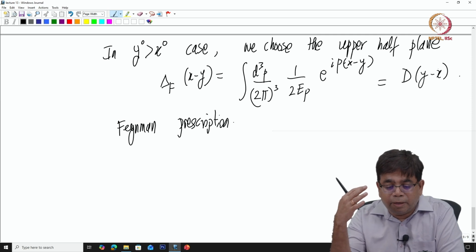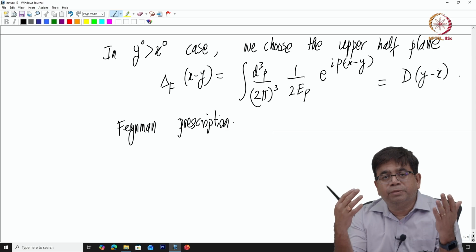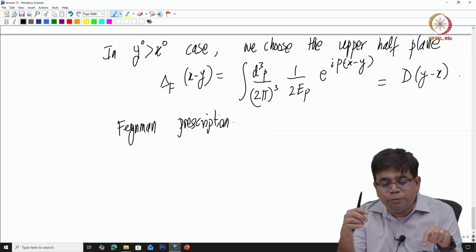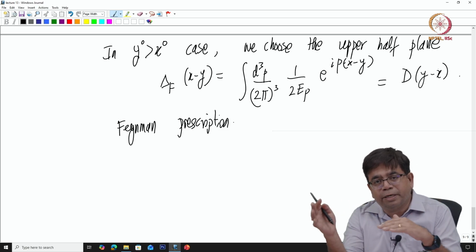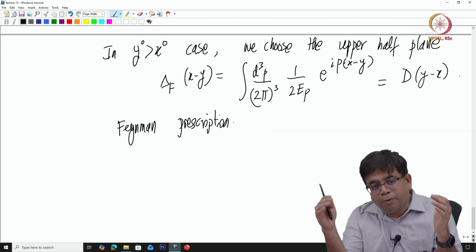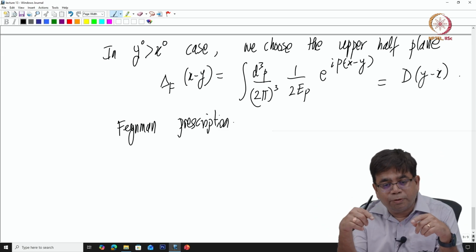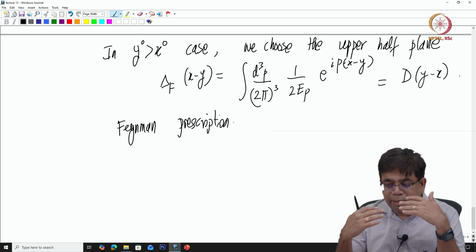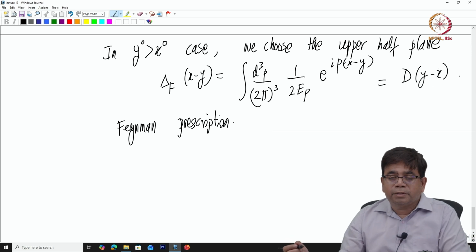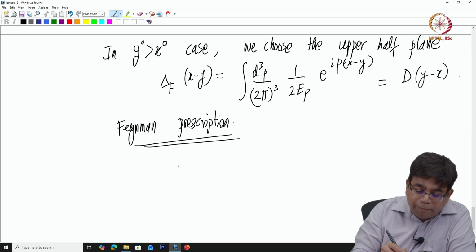When you are doing calculations, it becomes difficult to say that you are choosing this particular contour for each case: when x0 is greater than y0, you choose the lower contour, for y0 greater than x0, you choose the upper contour, and then close the contour in such a way that the integrand vanishes and you take the residue. Instead of saying all that, you just say something simpler, you denote it by